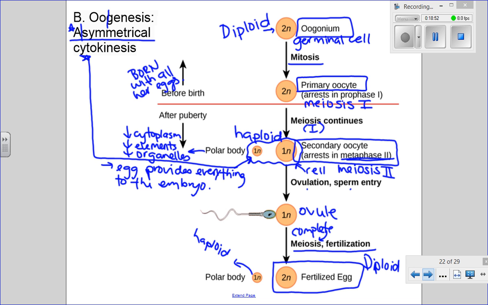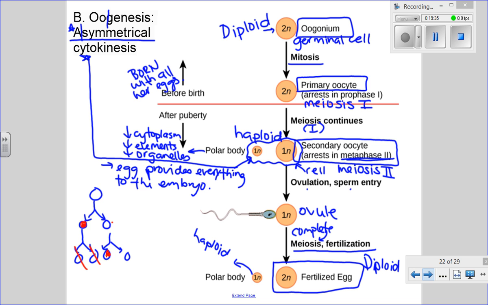So if I was thinking about meiosis in general, what happens in meiosis? I start with one cell, I end up with two, and each of those cells divides and makes two more. That is your typical meiosis diagram. What we're saying is that in oogenesis, at the end of meiosis one of these things is not going to be a full large cell. It's going to be small. So it's not even going to divide again. It doesn't continue on. This would be your oocyte, the one that's going to continue on.